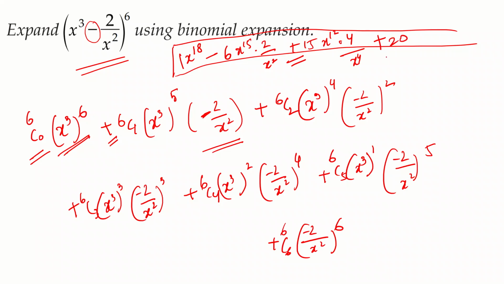And then x cubed the whole cubed is x to the power of 9, and minus 2 by x square will be minus into minus into minus, which will give us a minus at the end. So this minus when multiplied with this plus will give us a minus, so we'll be having a negative over here. So minus 20 x to the power of 9 and 2 to the power of 3 is 8 and x squared the whole cubed is x to the power of 6.